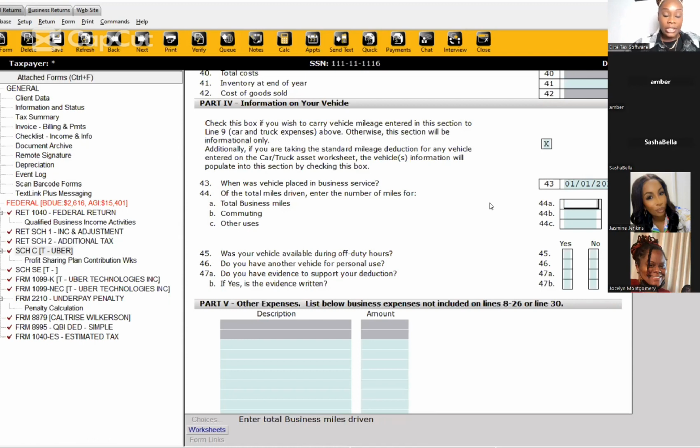And then we're going to enter the total business miles. If you all notice on the expense sheet, it shows 10,646 miles. So let's enter that, 10,646. That's the total business miles, but we have to make sure we put commuting miles as well, because the